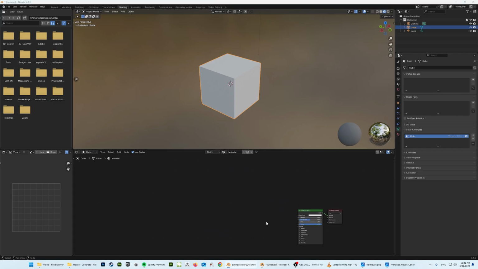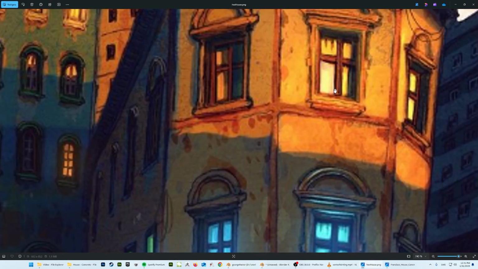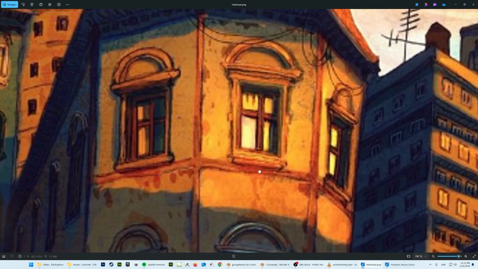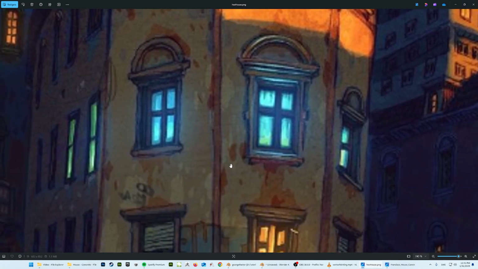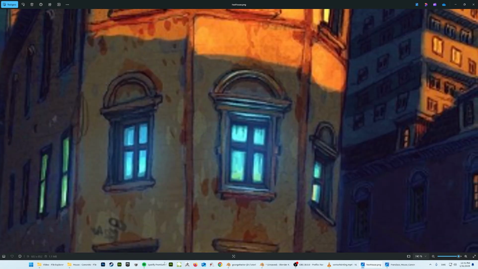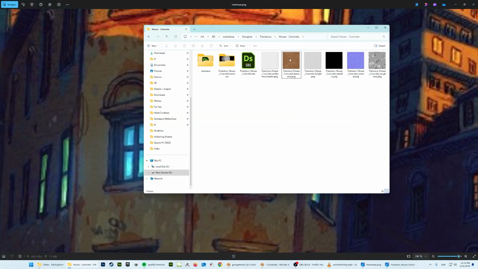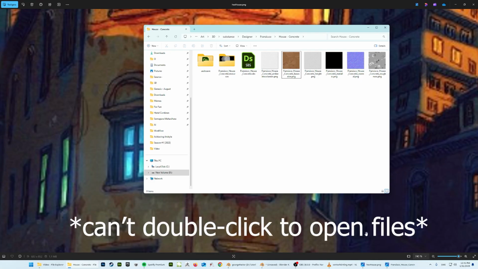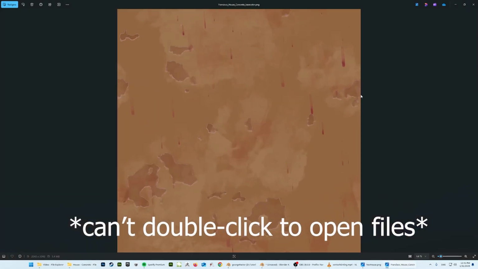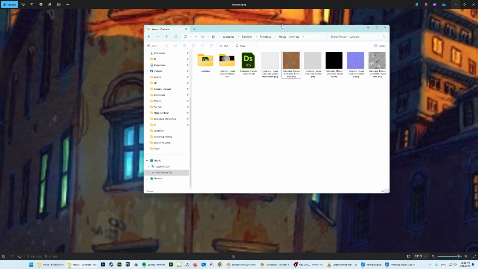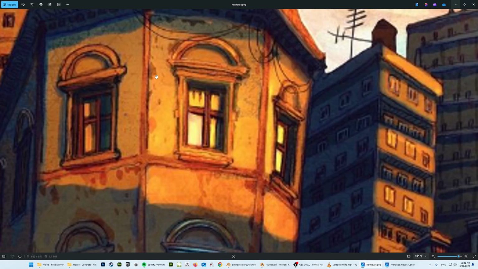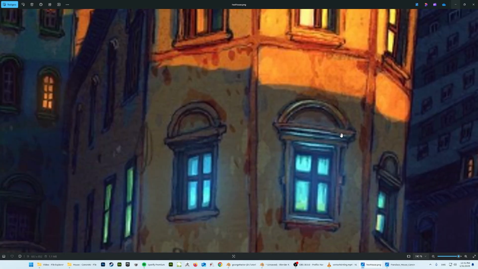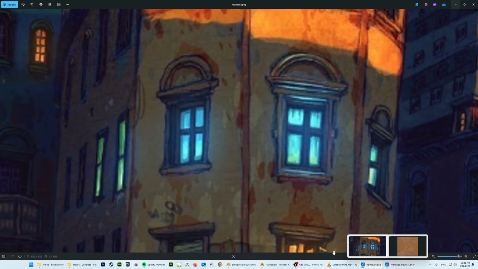And let's say, if we look at the concept or the reference image again, we kind of just want a tiling texture that has some kind of variation in the texture, which is this. But then we want something to break up with these kind of like grunge spots. So what we'll do first,